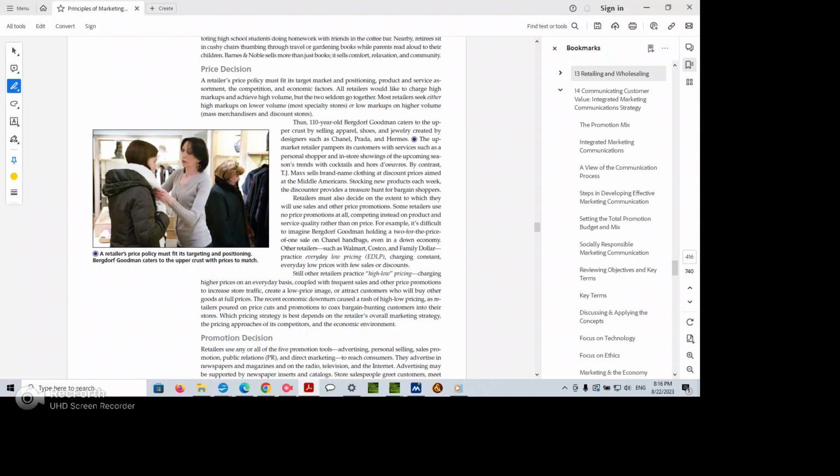All right. Now, this is about price decision. Now, this is all important. The price decision, when you add the value-added service, is about trying to be persuasive, to show that this meets their needs and that it has the value that it's worth the price that you're paying for it.